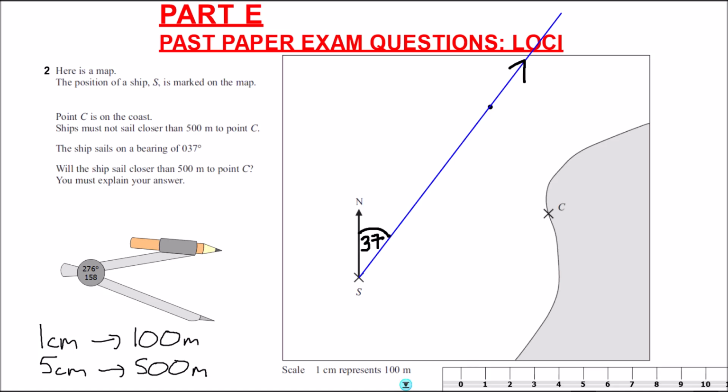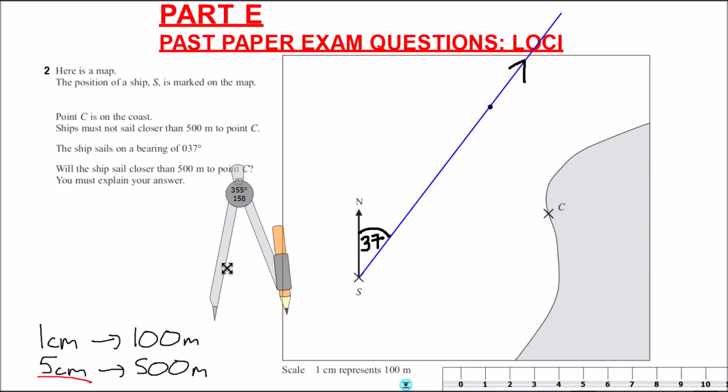And so because we're told in real life that the ship can't sail any closer than 500 metres to point C, on the actual map that will be represented by 5 centimetres. So on the map we can't go within 5 centimetres from point C. And so what we need to do for that is measure out a width of 5 centimetres on our compass,